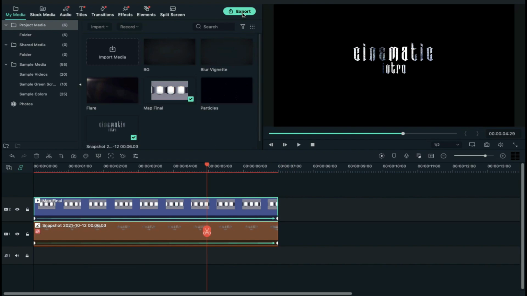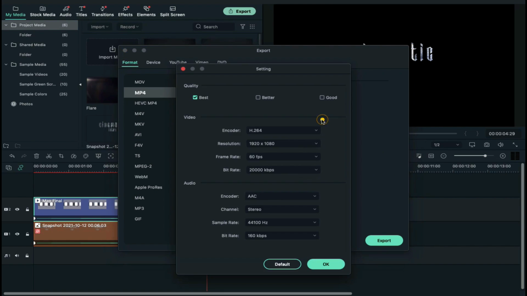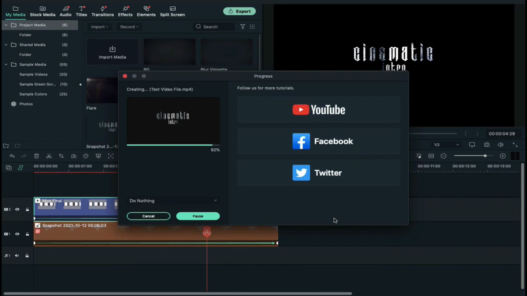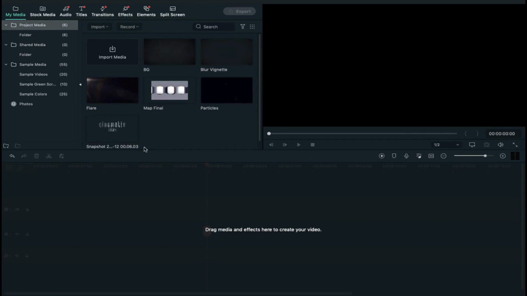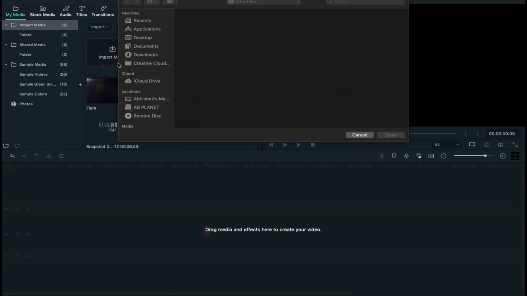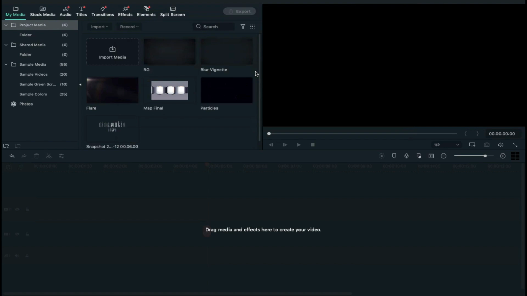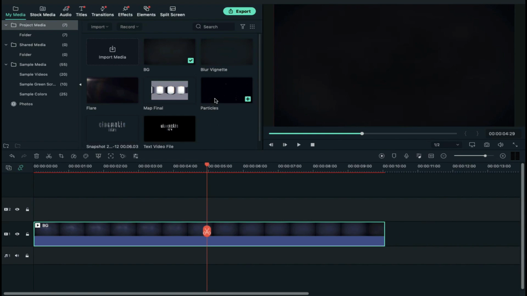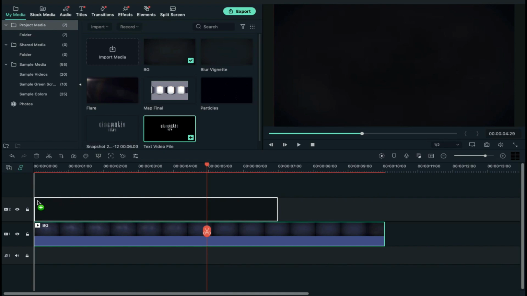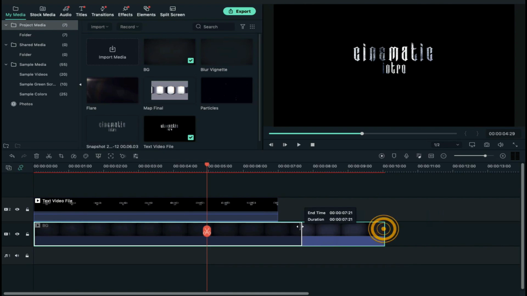Now click on export, give it a name, set all values on the higher side and export it. Then delete both these files from the timeline and import the created text video file clip. Now drop the background clip on track 1, then drop the text video file clip on track 2 and reduce the background clip